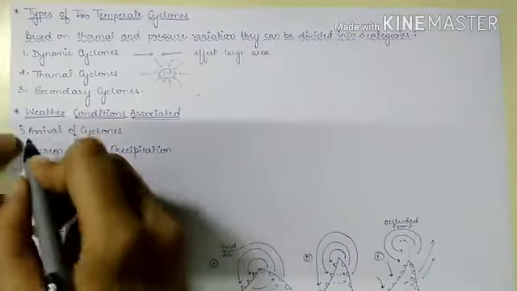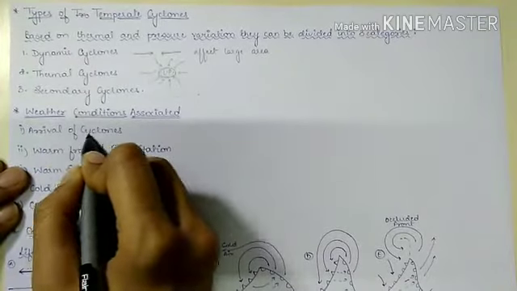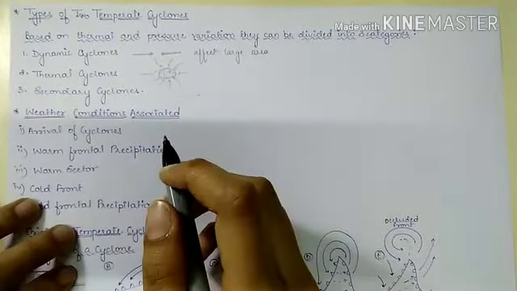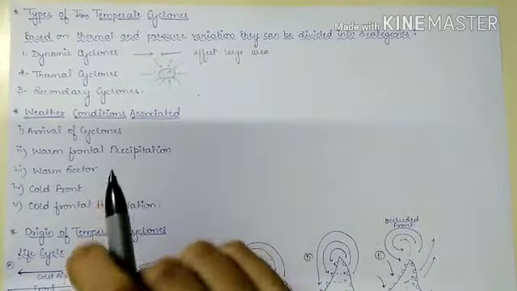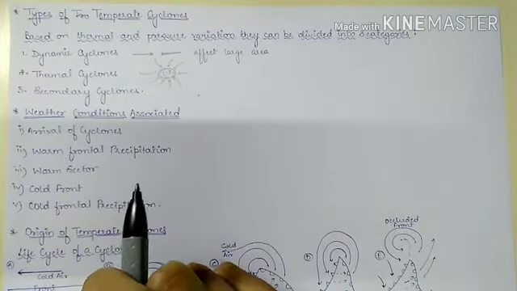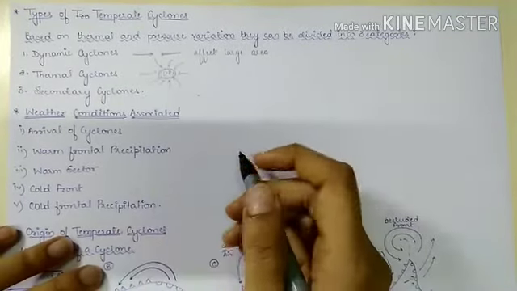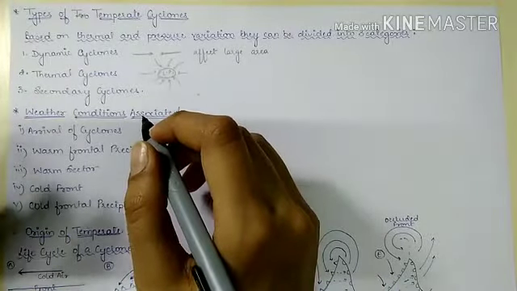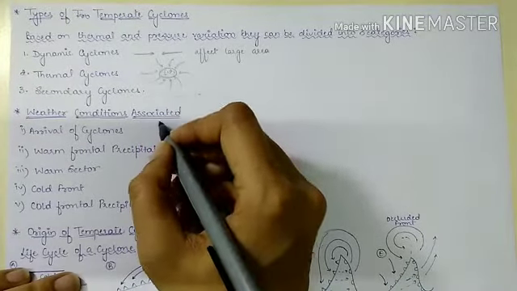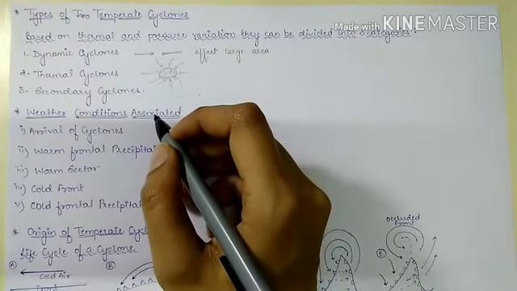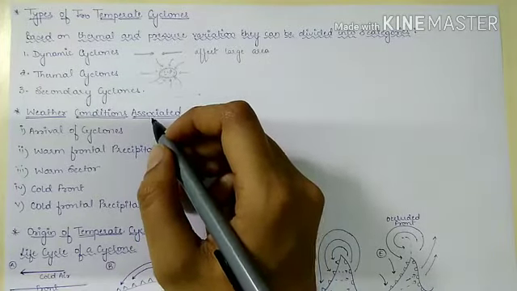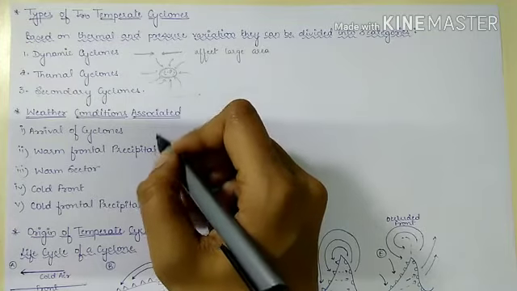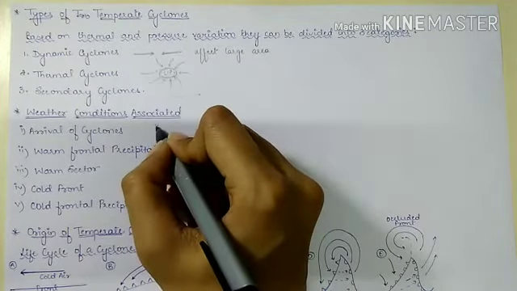So first is during arrival of cyclone. So during arrival of cyclone, consider that the direction of wind is from western side. So we have western direction. Now as the cyclone will come nearer to the observer, the wind velocity will slow down considerably, and the air pressure will also decrease. So wind velocity will slow down,